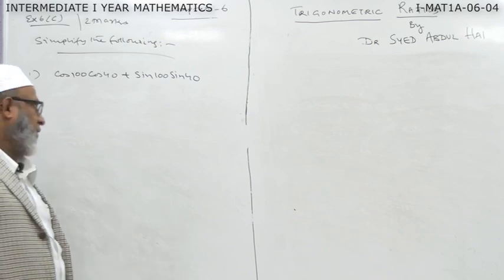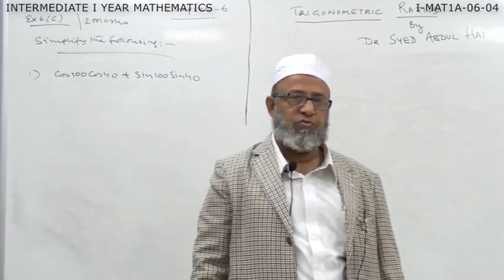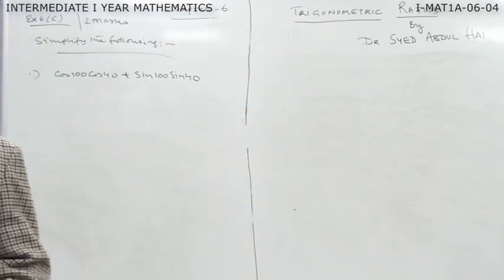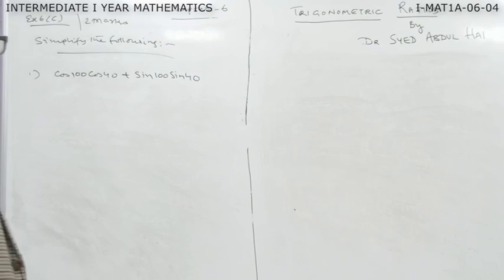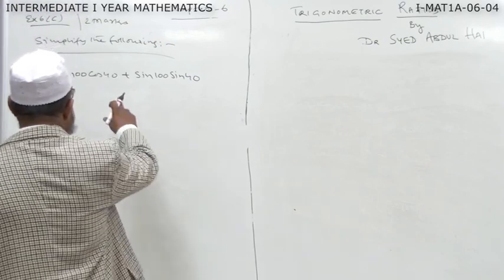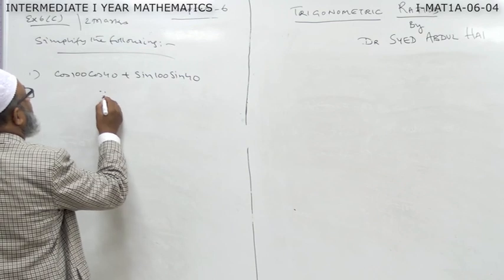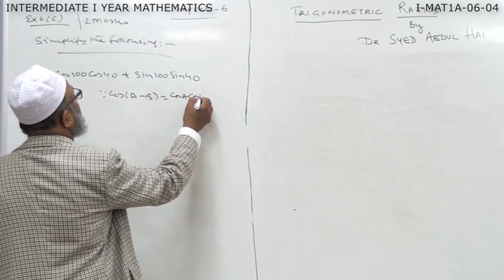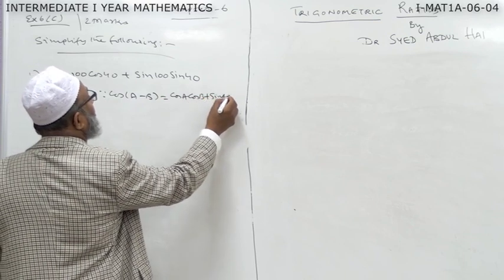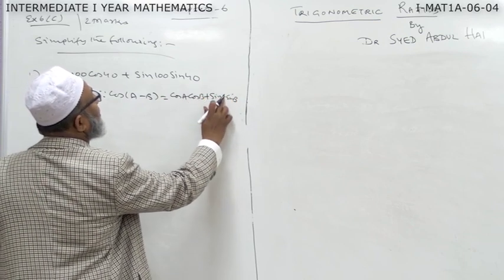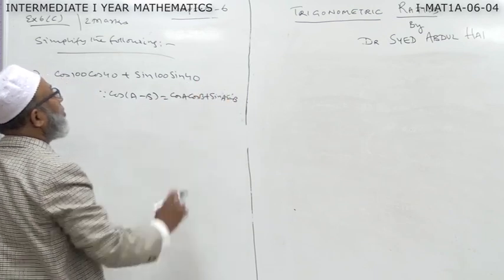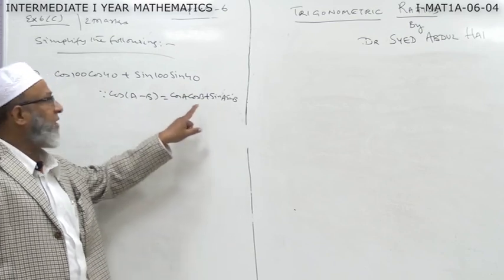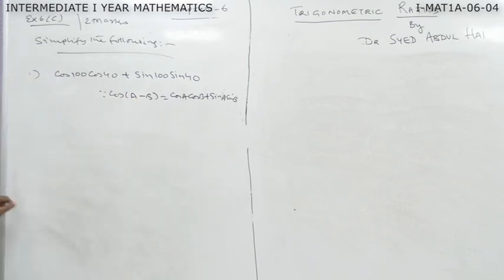Now, if I compare the given question with the standard formula I have just given you, this is related to which formula? Cos A cos B plus sin A sin B. Yes, this is related to cos of A minus B. Cos A cos B plus sin A sin B is related to this formula, cos of A minus B. Therefore,